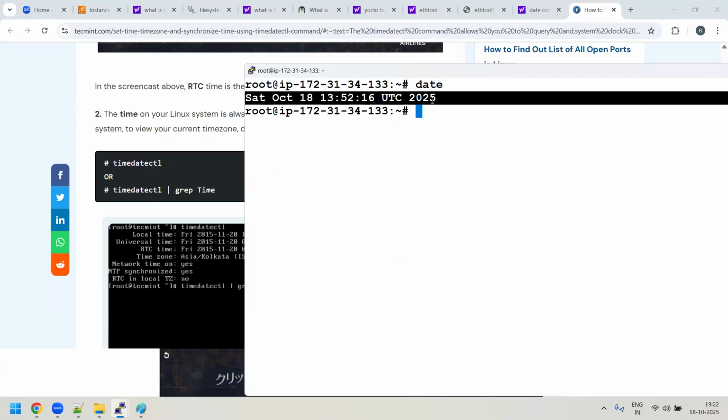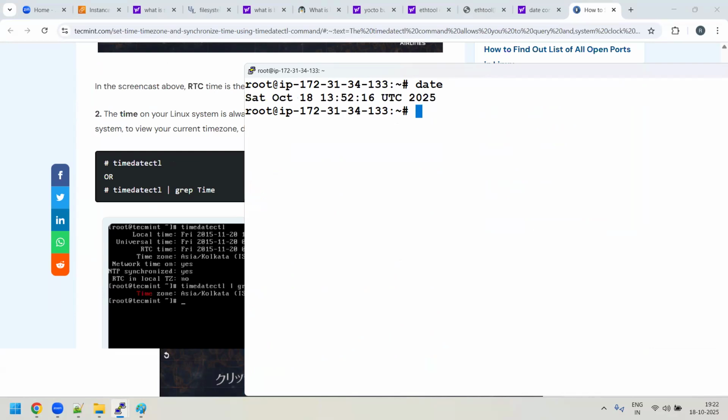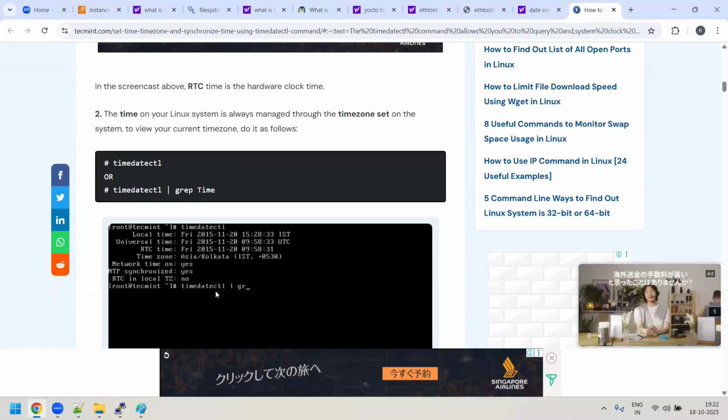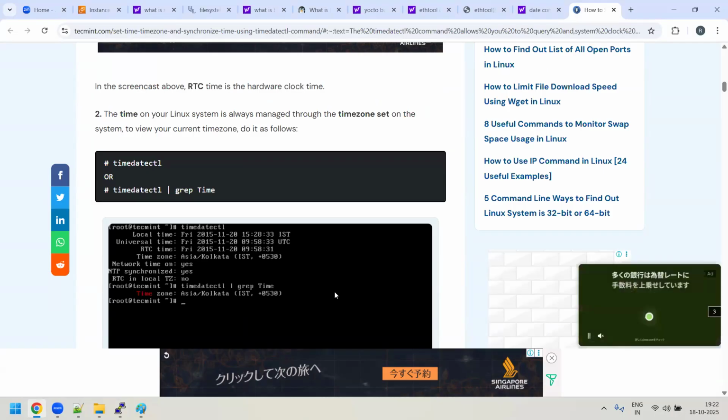It will allow. Then you execute the date command. It will show you the perfect date, what is there in your system or whatever there in your clock. It will show the same system time. Now you could see the timedatectl command is there. You have to just execute this command. You will get all those time information.